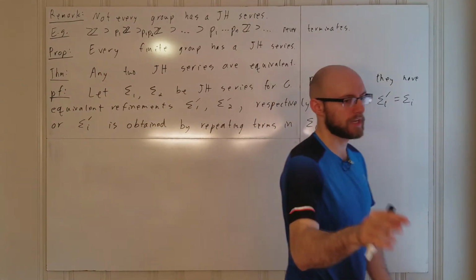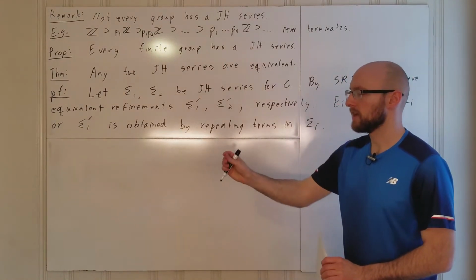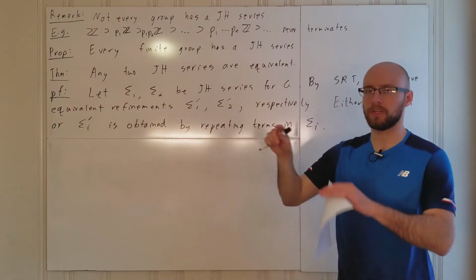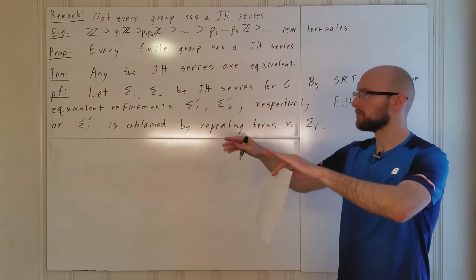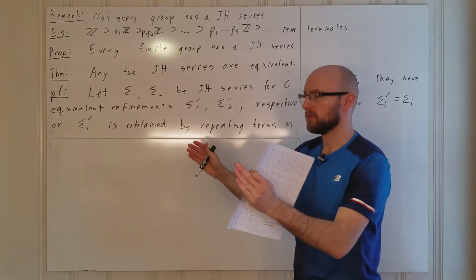And so if you're adding in more things that happen to be normal, like if you want to add in a subgroup between two subgroups in sigma 1, and you want to have that normality,